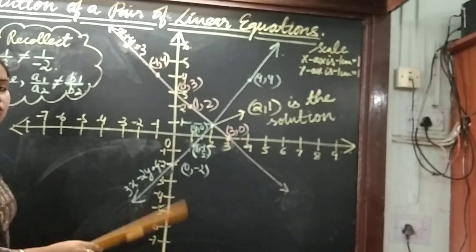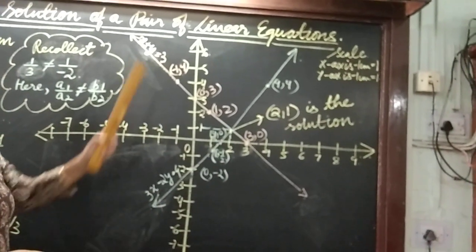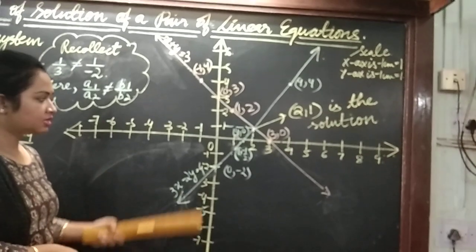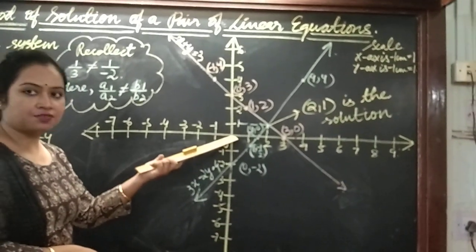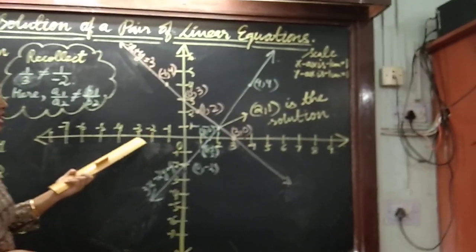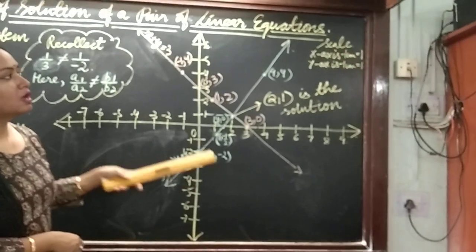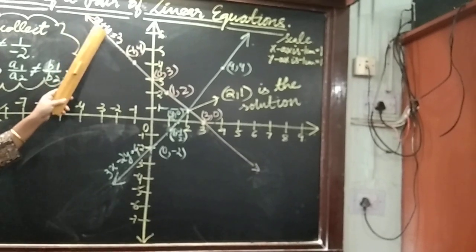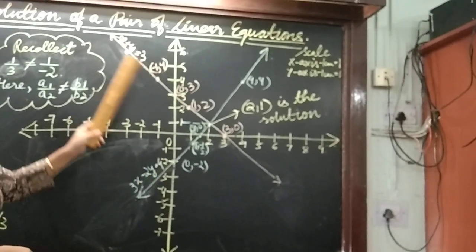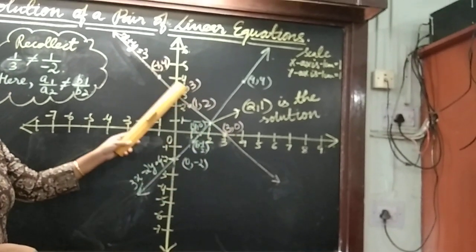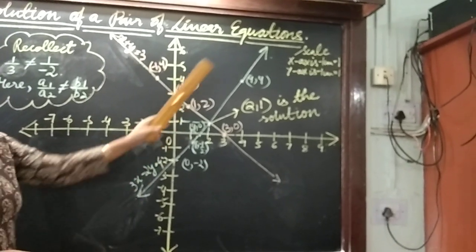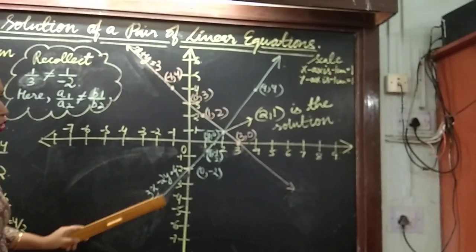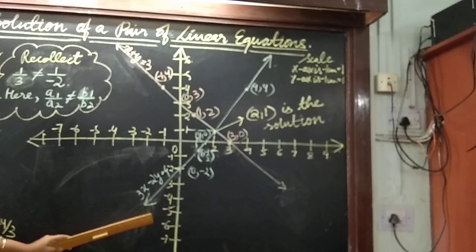Just a few things of caution. Do it properly on a graph sheet. Make sure that the origin is well defined. The coordinates are equidistant from each other. Make sure the scale is named properly, and one by one you plot the graph. First plot a graph, mark all the coordinates properly, then plot the next graph, mark the coordinates properly. Use a scale. Try to do neat work in your notebook.